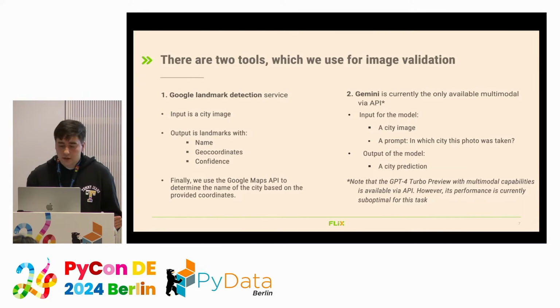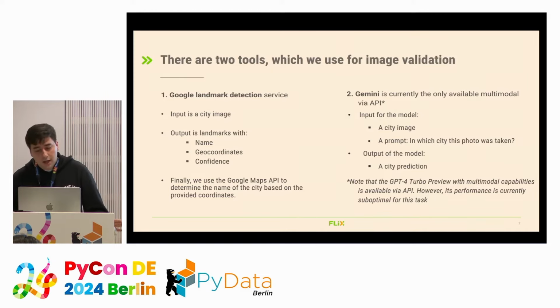Technically, ChatGPT 4 Turbo in the preview model now also has this functionality, but for now its performance is kind of suboptimal, at least for our task. Probably later it will be better, but personally I think for our task Gemini should perform better anyway, because Google has much more advanced and mature technology regarding detection, everything